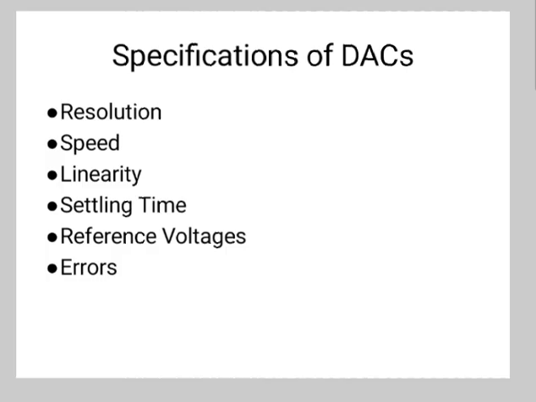Dynamic range is one of the specifications. This is the measurement of the difference between the largest and the smallest signal that the DAC can reproduce, expressed in decibels. This is usually related to DAC resolution and noise floor.